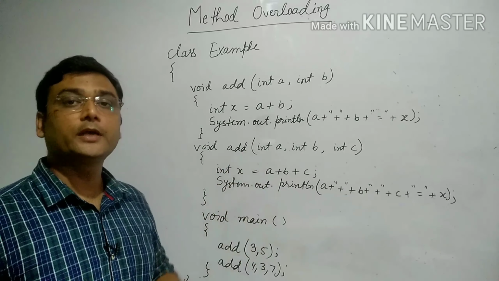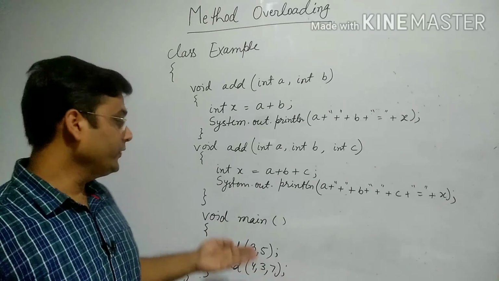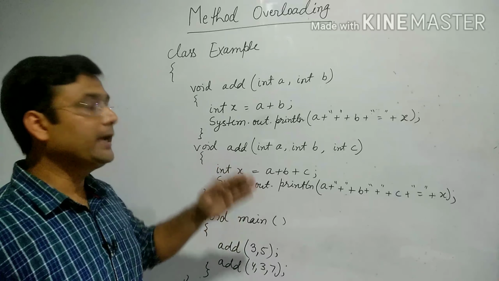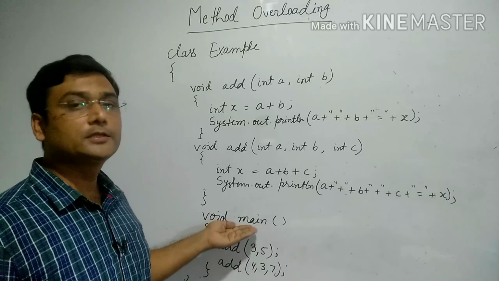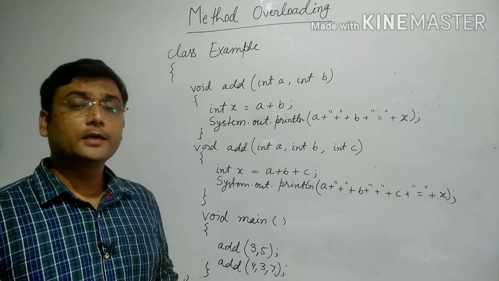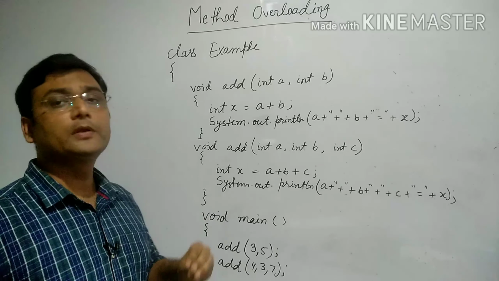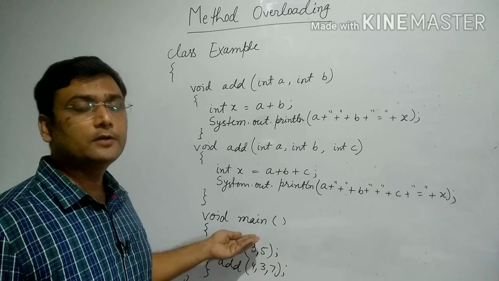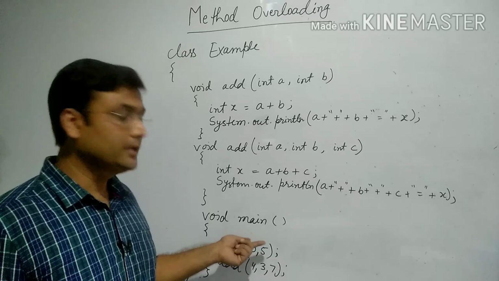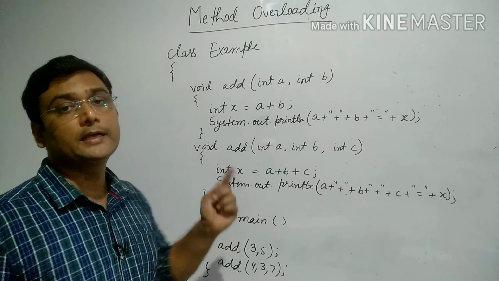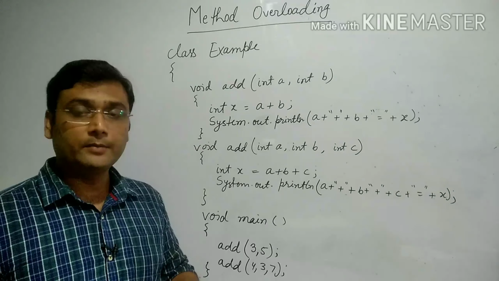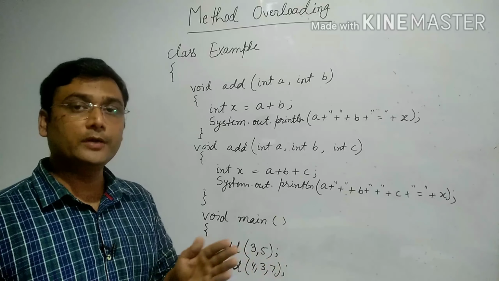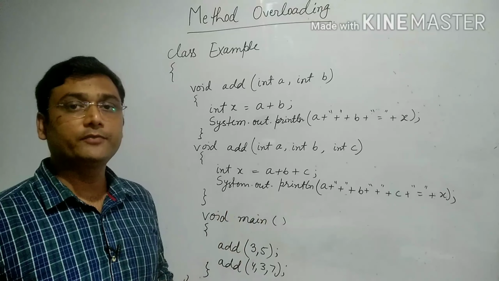At the time of execution of this program, we have to create the object of this example class, and with the help of that object, we will call this main method. But if we think that we will not create the object and directly call the main method, then one modification we have to do here. We will make this main method a static method. In my previous video on static and non-static, I have explained it. If you have confusion, you can watch that video also.